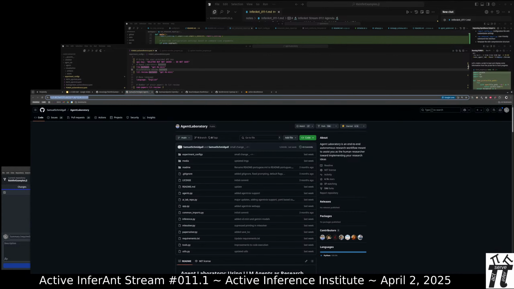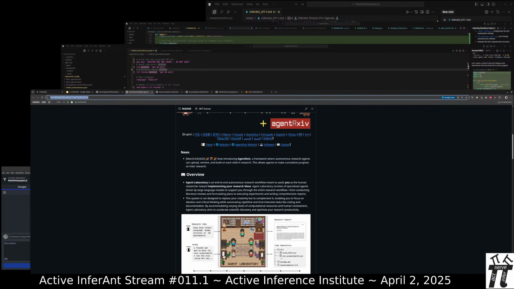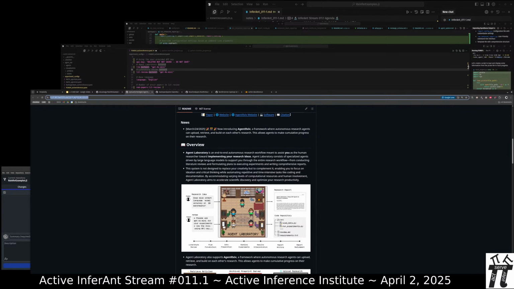the work of Samuel Schmidgall, AgentLaboratory. I'll read the overview. AgentLaboratory is an end-to-end autonomous research workflow meant to assist you as the human researcher towards implementing your research ideas. AgentLaboratory consists of specialized agents driven by large language models to support you through the entire research workflow, from conducting literature reviews and formulating plans to executing experiments and writing comprehensive reports.